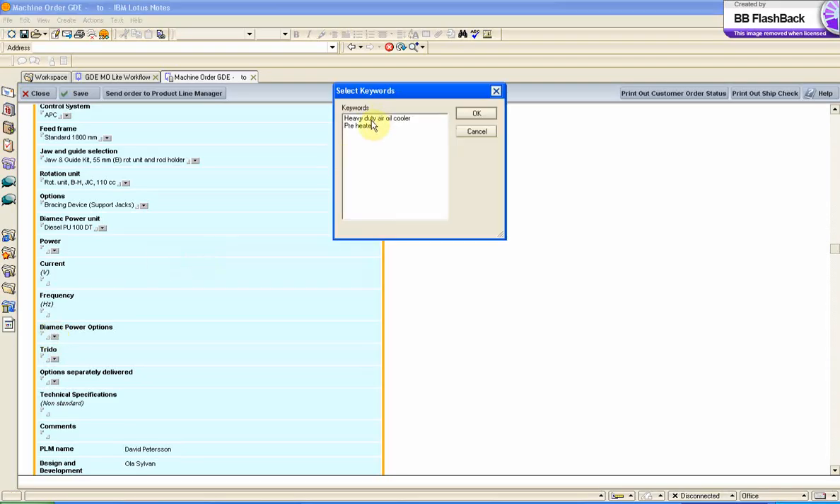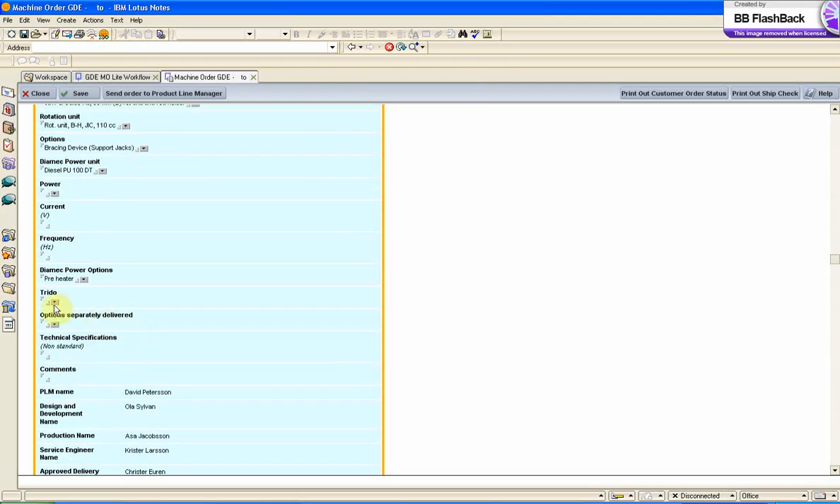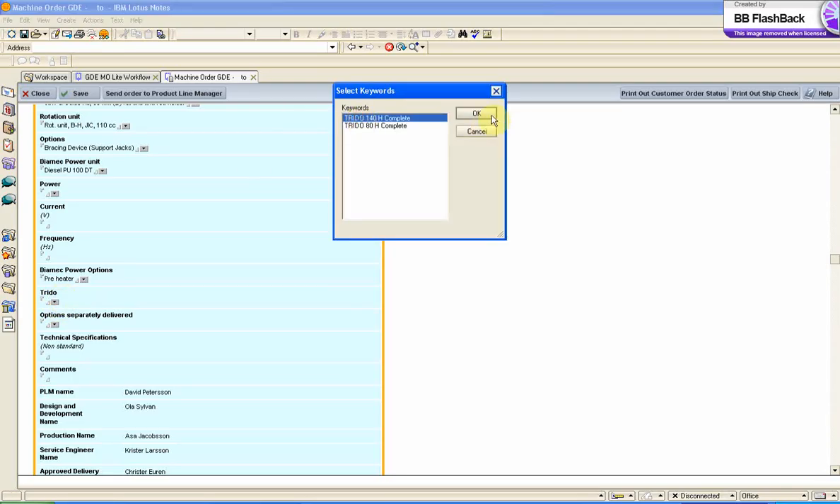Then I maybe have an option. In Sweden it's very important to have a preheater because it's cold. In this case they are actually drilling in Finland, so even more important. Choose a Trido,